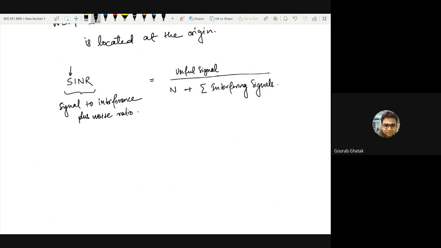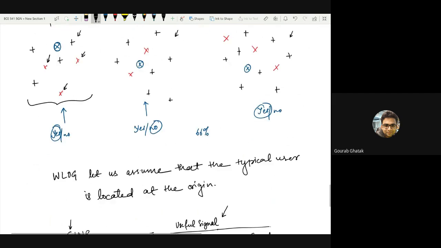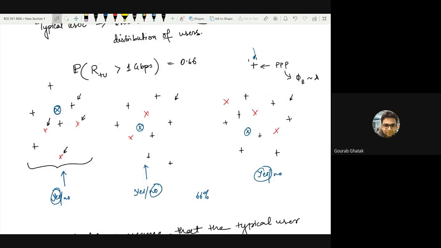So let us assume, before we even describe what this SINR would be, we have to define some strategy to calculate this useful signal. For example, for this blue user, you have to define one strategy to select a base station from which you would be deriving those useful signals. This could have been the base station which gives this blue user the service. It could equivalently be this one or any other one, right?